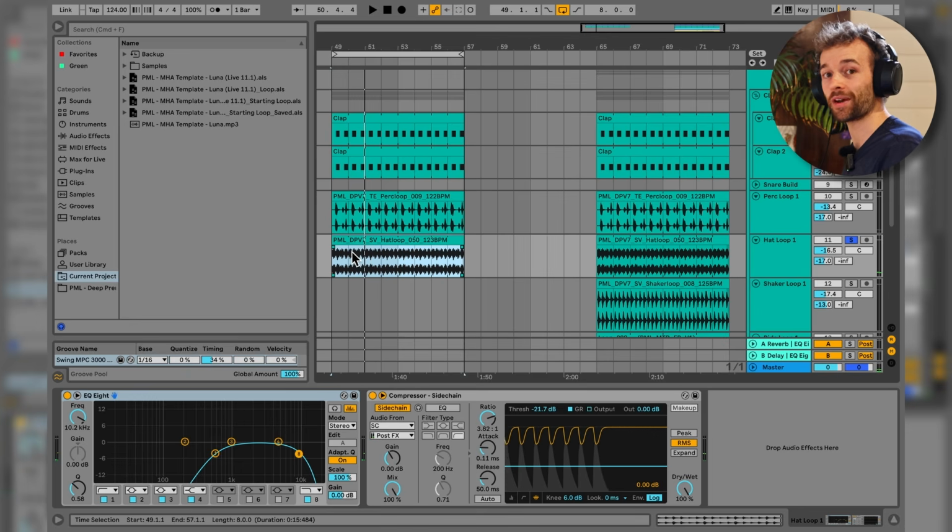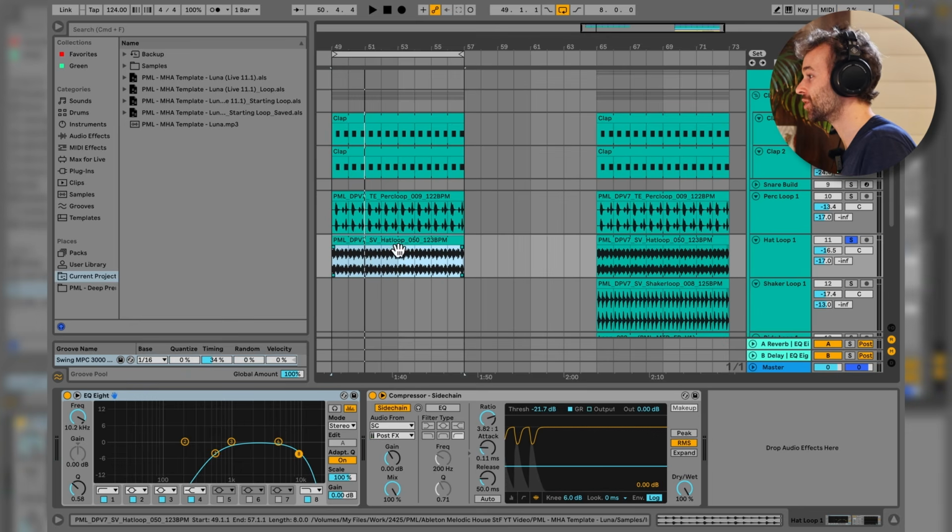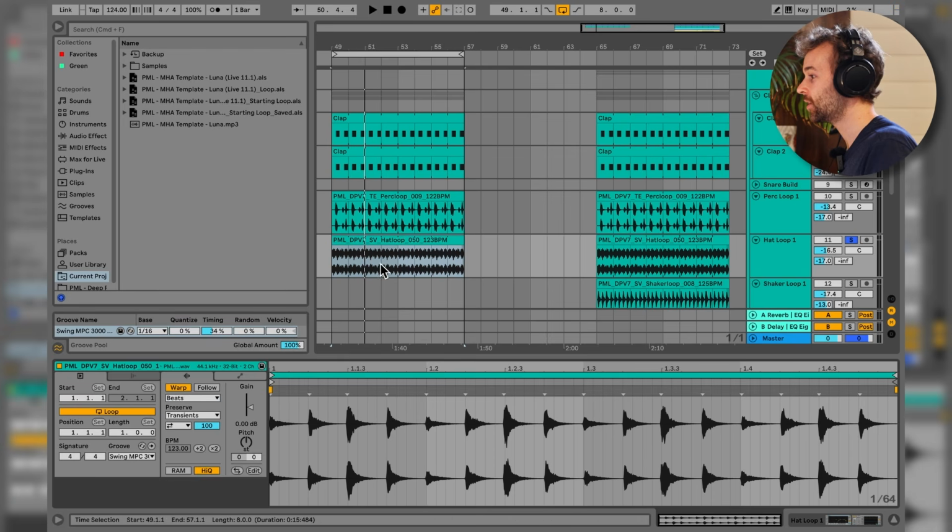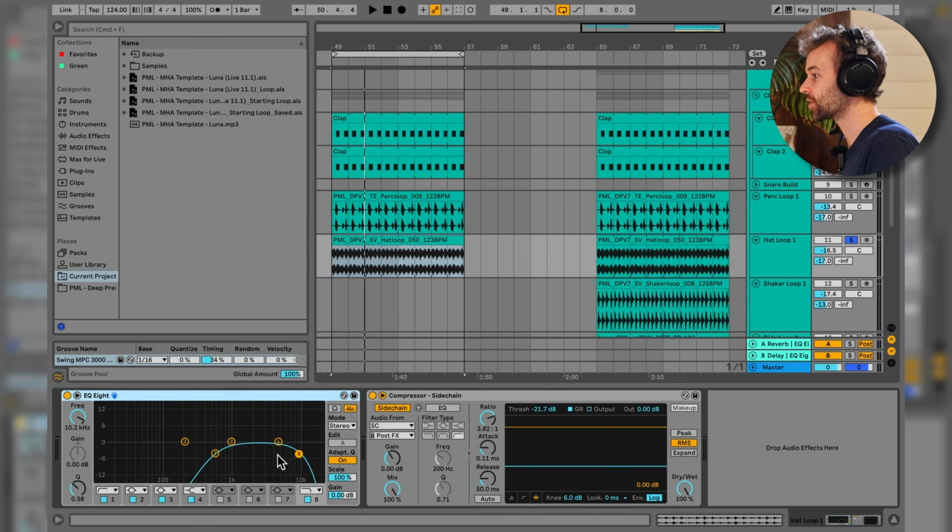And with this hi-hat loop, we're basically doing the exact same thing that we were doing with the percussion loop. If we open it up, we can see that we've got the groove applied here to this hi-hat loop clip as well, and that we also have some low and high passing going on here with an EQ8 and some sidechain so that we have the volume of the hi-hat loop being reduced every single time the kick or the sidechain trigger plays. If I turn these two things off